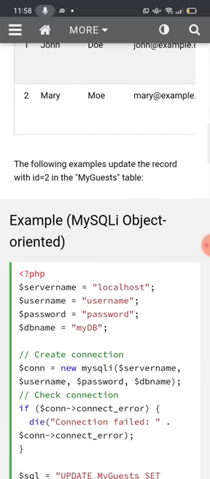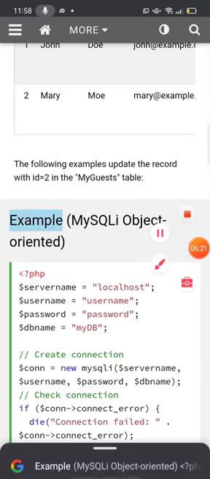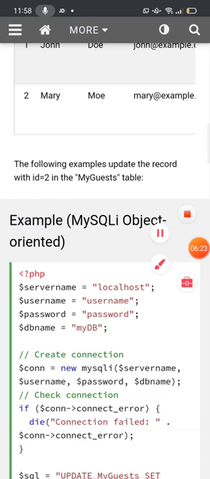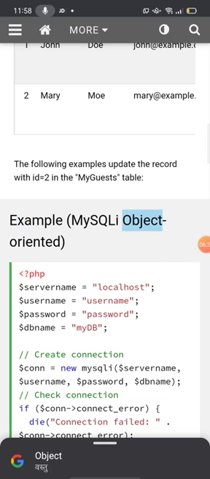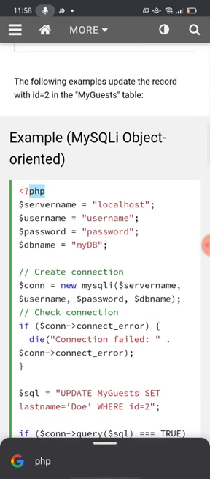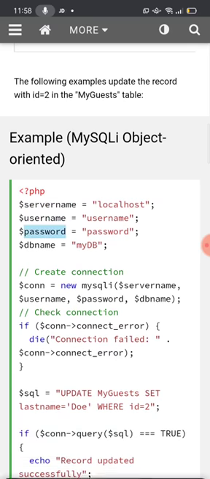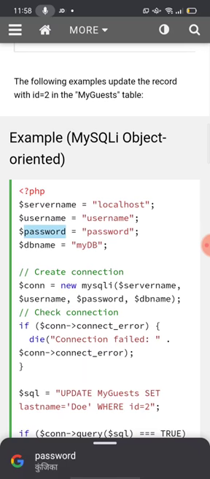Let us see how we are going to do it. In the example, the MySQLi object, let us see what it is. The very first tag, the PHP tag, we are going to start with. Then variable servername, our server name is localhost. Then our username, the same username. Then our password, another variable we have set, the same password.